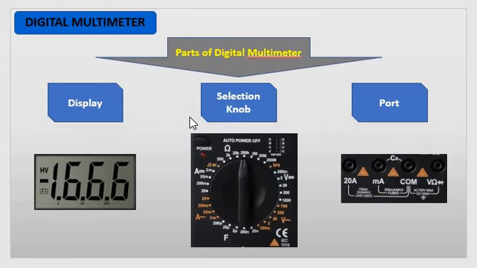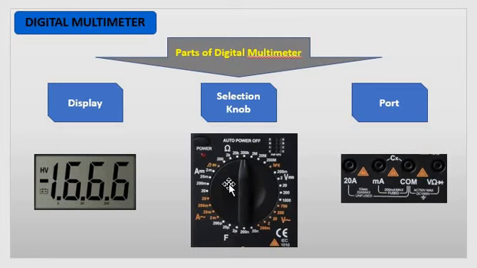Now the second more important part of any digital multimeter is the knob. Here we can see the different rings. We can select the position of the knob and then we can measure the reading.